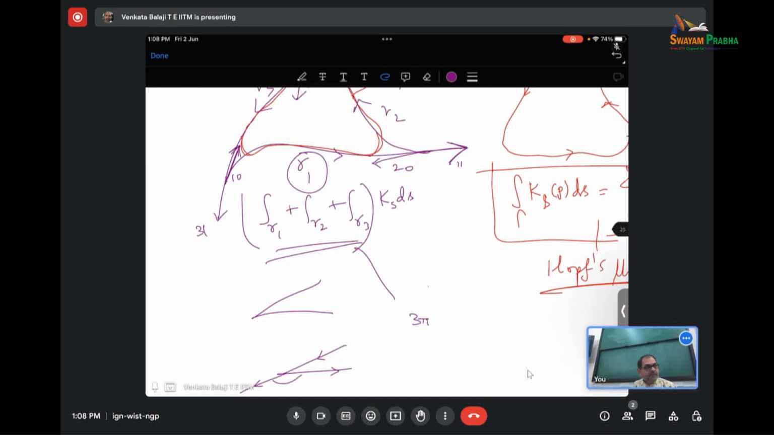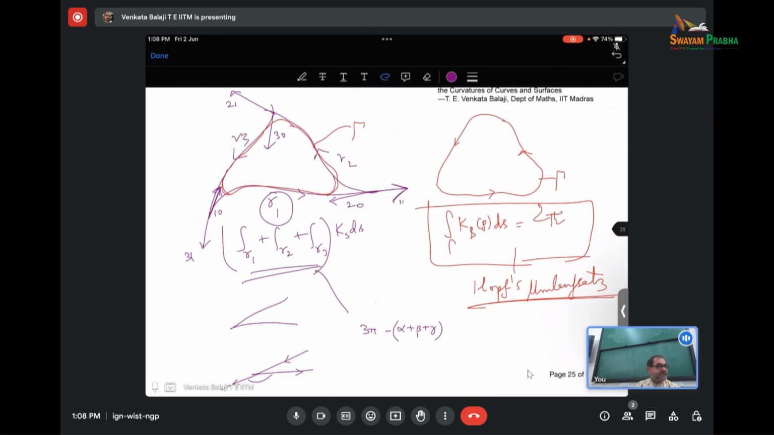Please be careful. If you are supposed to add the exterior angles, but the exterior angles are pi minus the interior angles, what you should get is 3 pi minus alpha plus beta plus gamma. This is the angle. This is what you are supposed to get. Okay, but